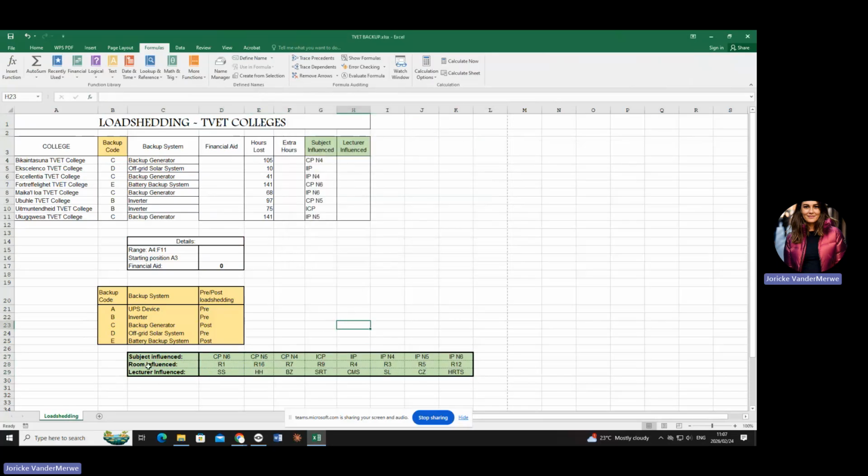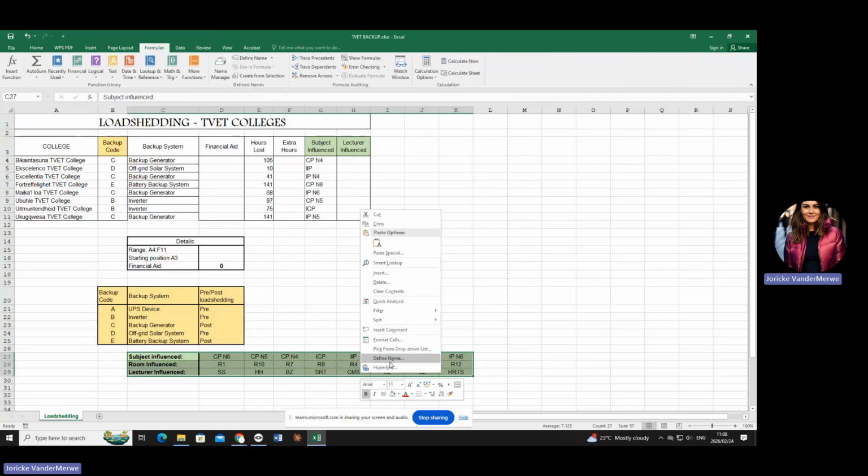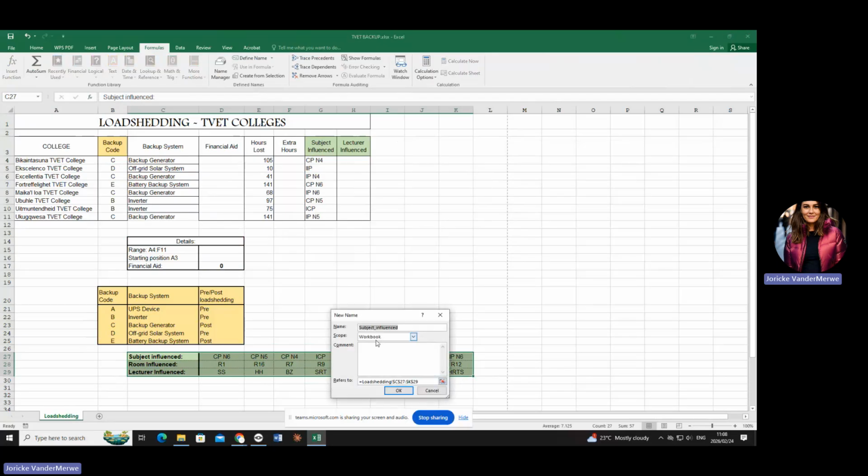But normally we tell the students in D, you have to select that table first, right click, say define name, and put in there the word in capital letters INFLUENCE. Okay, darlings? So can you see now the difference?